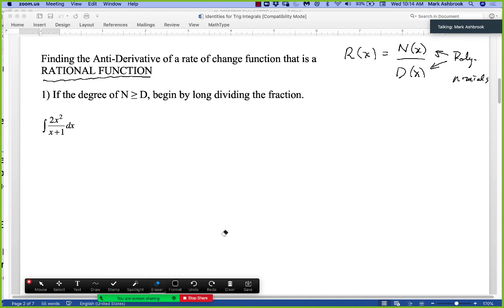So with these rational functions, the first thing you look for is if the degree of the numerator, degree of n, is greater than or equal to the degree of d, you're going to begin by long dividing this fraction. And sometimes when you long divide, you'll get a new form that you can just do, and it won't require any new special technique. So let's do this. We're going to long divide this. This means we're going to do x plus 1